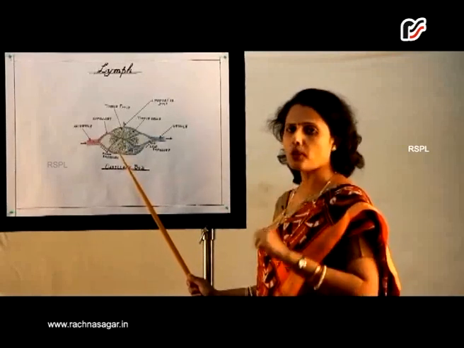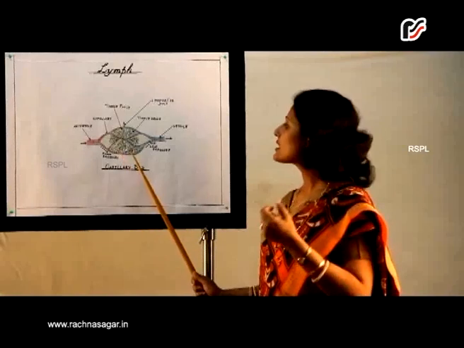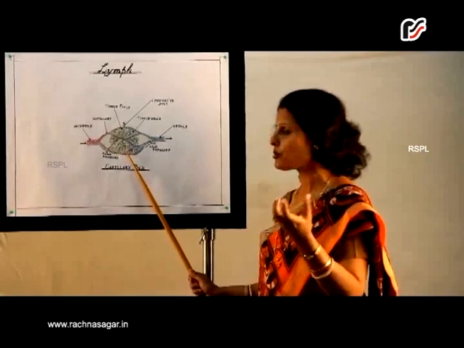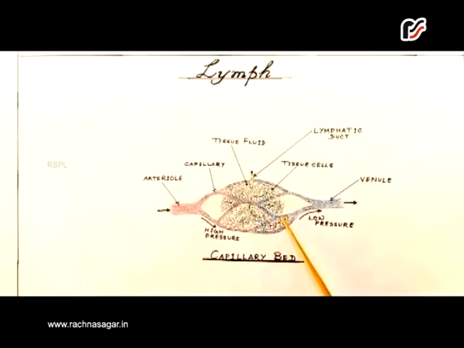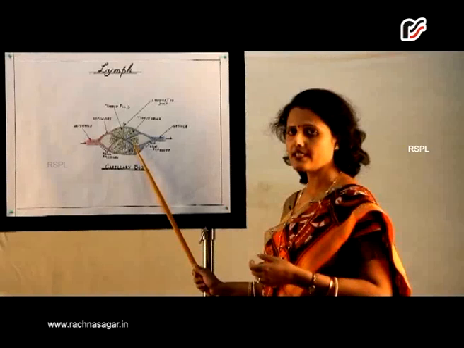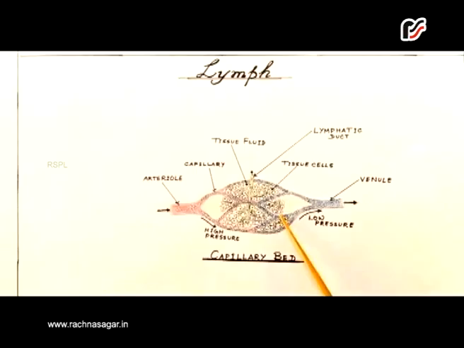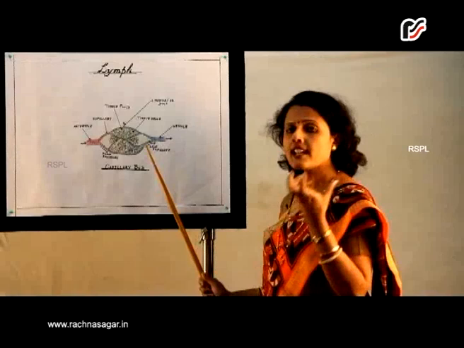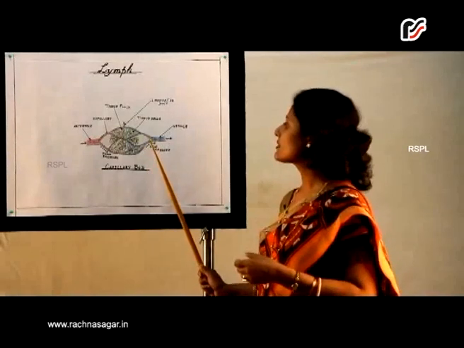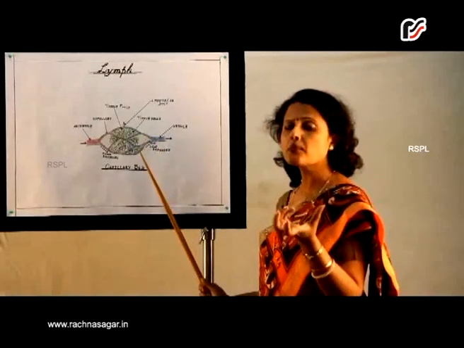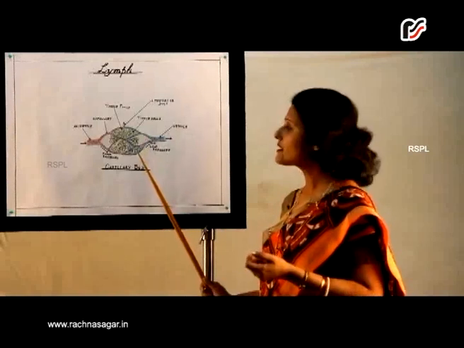After doing this job, most of the tissue fluid laden with wastes and CO2 now enters back into the venous capillaries. The arrows are now slowly entering into the blue channels, that is the venous capillary. Most of the tissue fluid, almost 90%, seeps back into the venous capillary and is carried away with the vein. But some part of this tissue fluid, which carries larger molecules of fats and proteins,